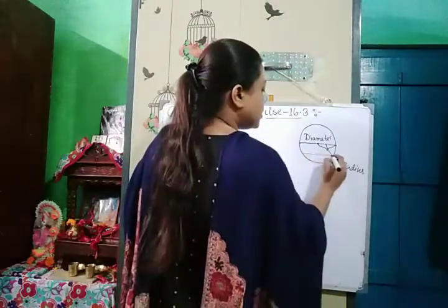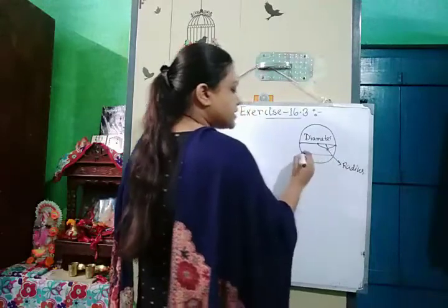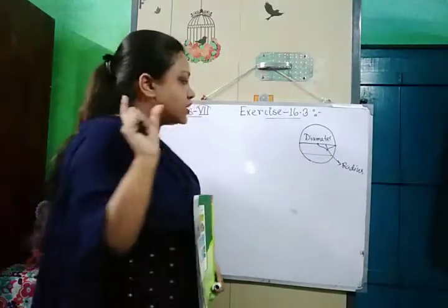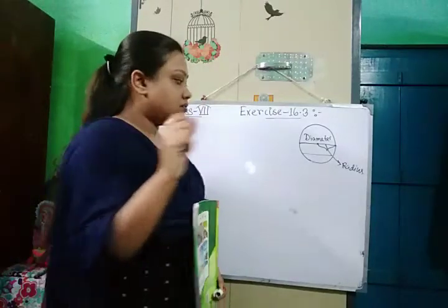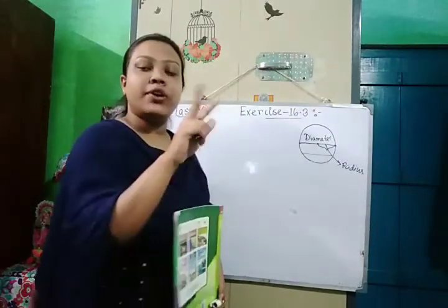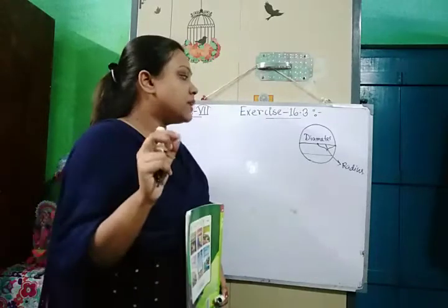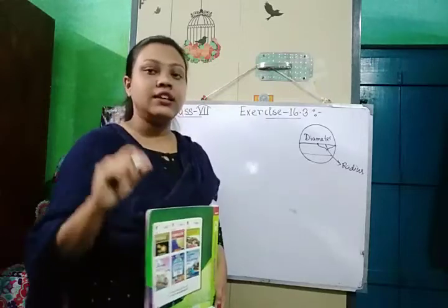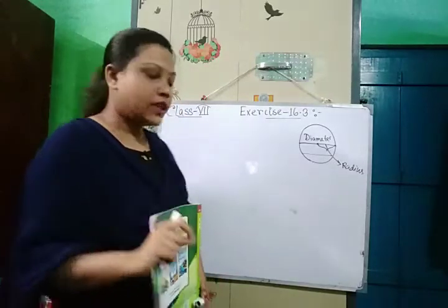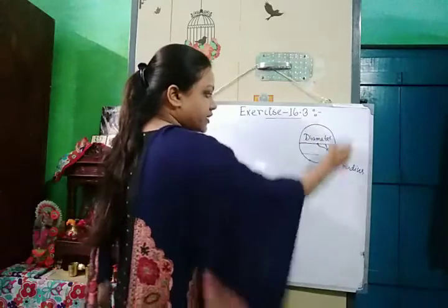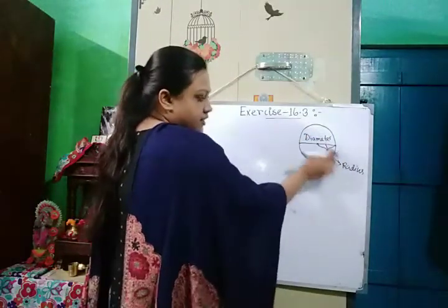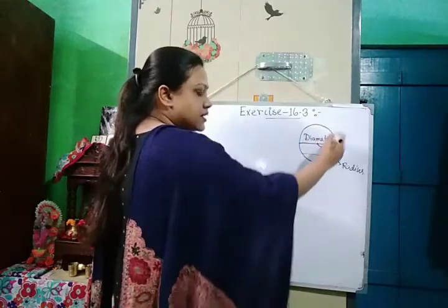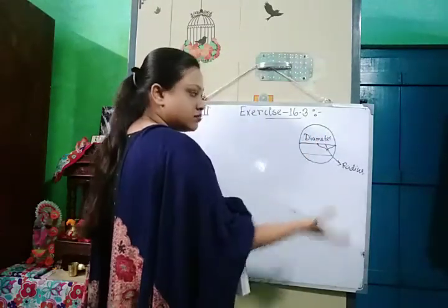Okay, this line is called the chord, means any line which is joining any two points on the circumference of a circle is called a chord. It's not mandatory to pass through the center. If it is passing through the center, then it's the diameter. So this is the circumference, the outer boundary, this one diameter, and this one is the radius, and the inner area is called the area of the circle.